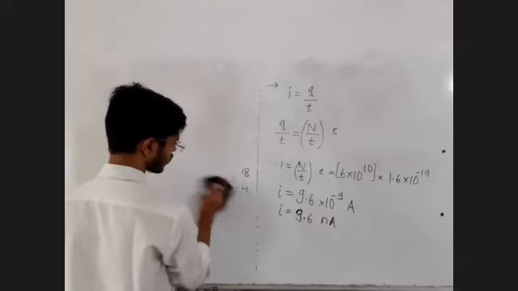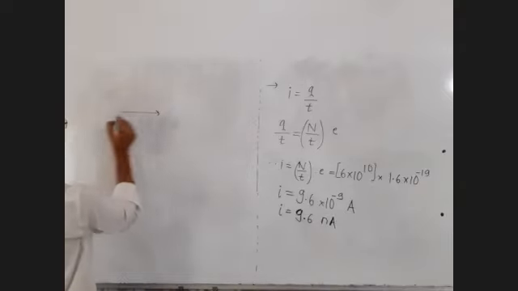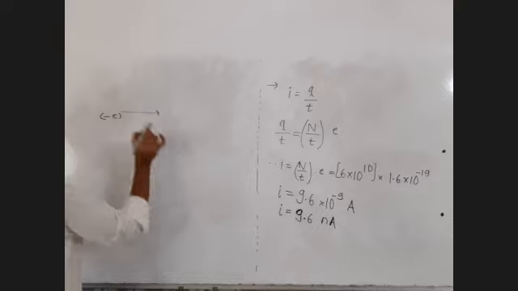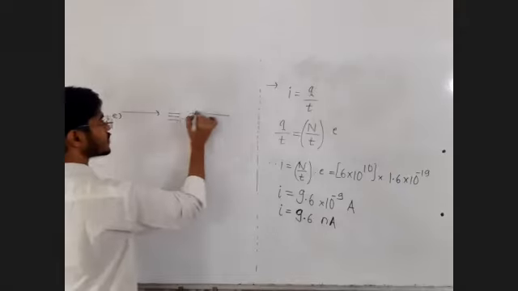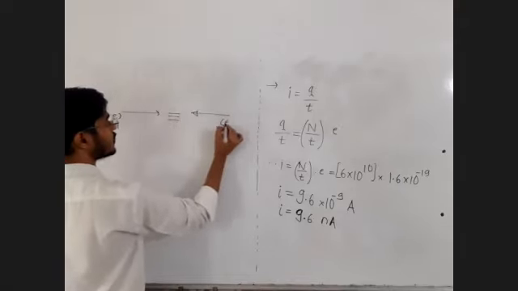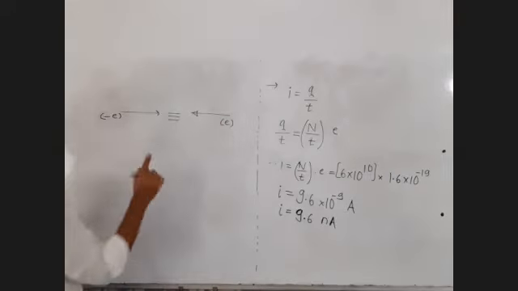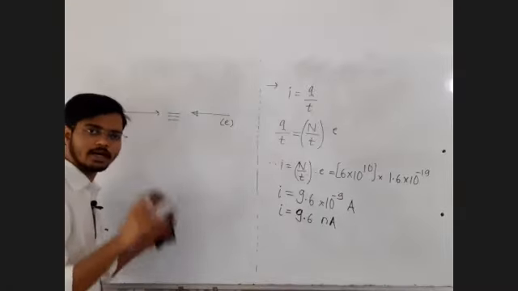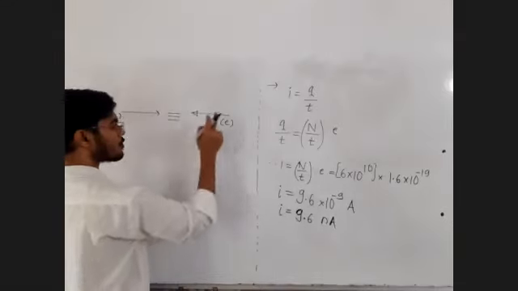Direction of current is a direction of flow of positive charge. If the electron is moving in the rightward direction, it means a negative charge is moving in the rightward direction. If the negative charge is moving in the rightward direction, it is equivalent to the same amount of charge moving in the negative direction, moving in the leftward direction. And the direction of flow of current is by convention. There is no logic. Is by convention. No logic. Convention. Direction of current is direction of flow of positive charge.